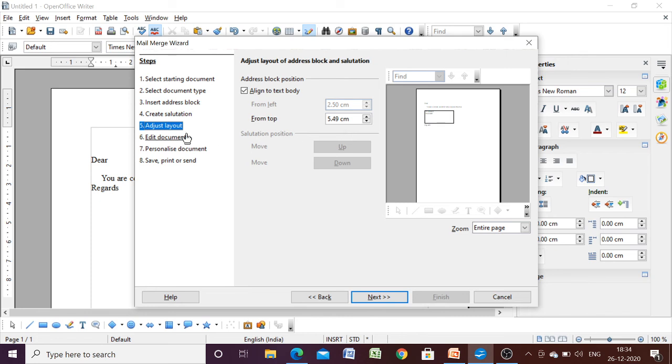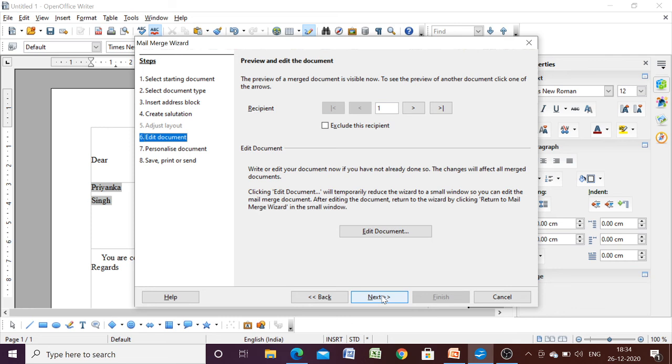Here it is showing you the layout. Now you can see that the names are visible here. Okay, but we want the names to be at the top, so you move it from here. Okay, you can adjust your setting, change your setting here, and you can see the preview whether you are getting the desired result or not. Okay, so names are available at the top of the content. This was required. Now we will press next again.